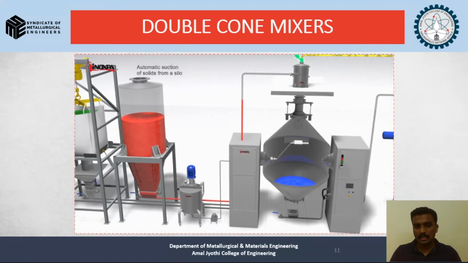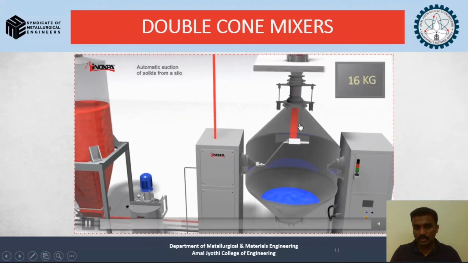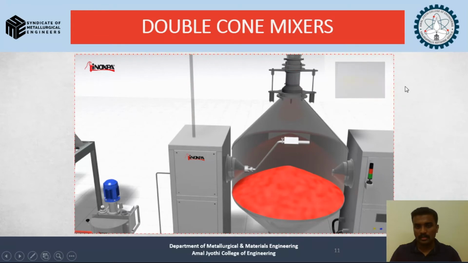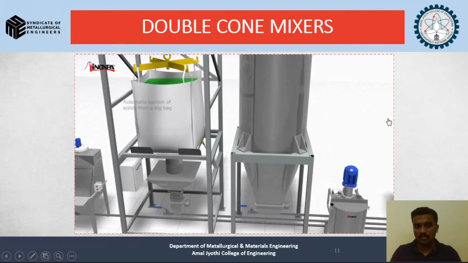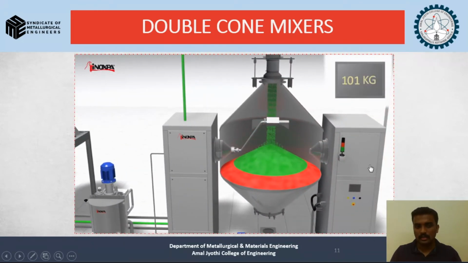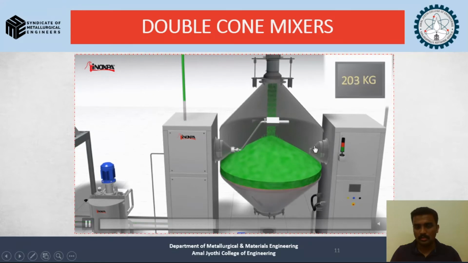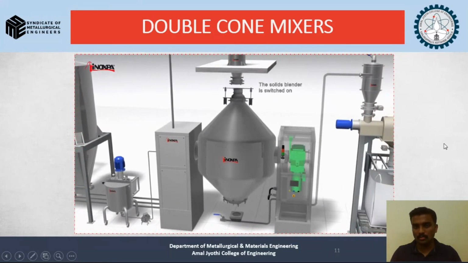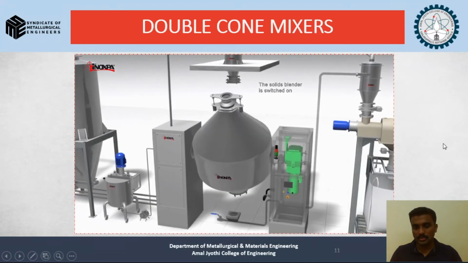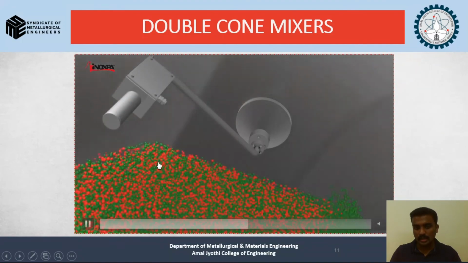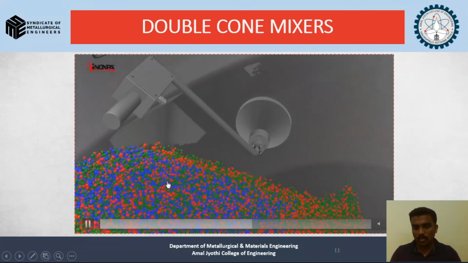And we have the second solid particle coming up of a different color shown here, the red. We have the second constituent material coming up. Here we are using a different kind of weighing process. All this process is carried out using suction. Now we got the third material over the second material. So now we have three layers of different materials. So here comes the process of how the double cone mixer will be mixing the particles all together. You can observe the rotational movement happening in the double cone mixer, and how the particles are being mixed together in a uniform, homogeneous manner.